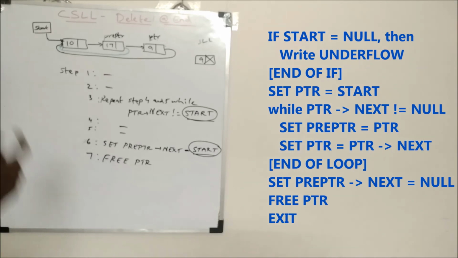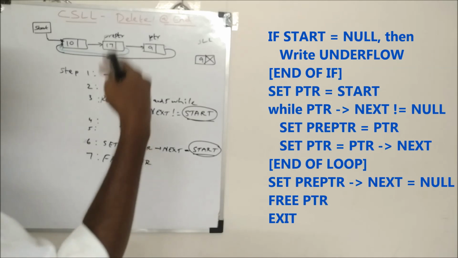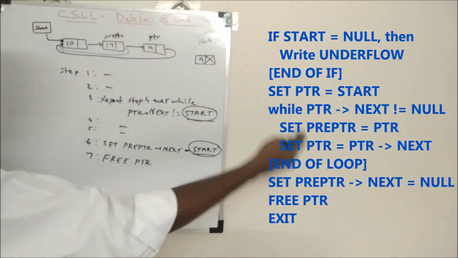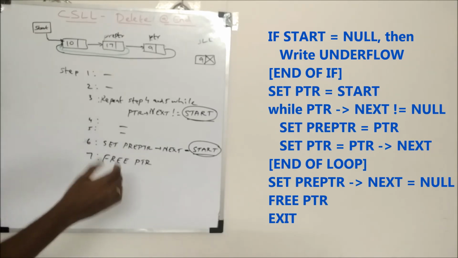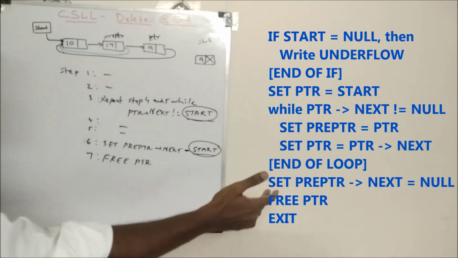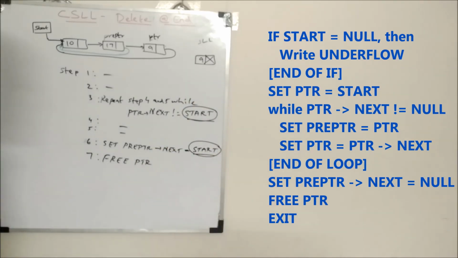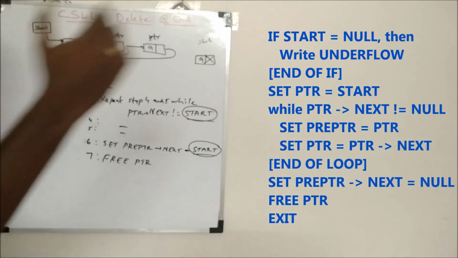This can be easily written with the help of the deletion of a node at the end of singly linked list. Similarly, all 8 algorithms can be written for circularly singly linked list from the already known singly linked list. That's why I already said, if you know singly linked list thoroughly, then you don't need to bother about circularly singly linked list and doubly linked list.